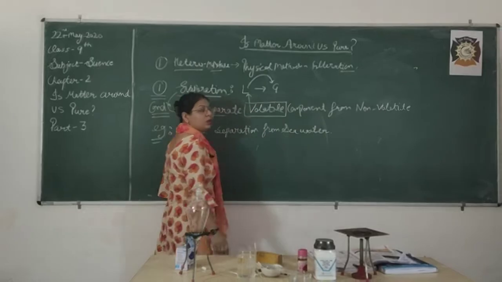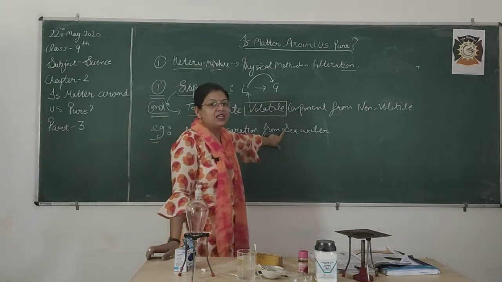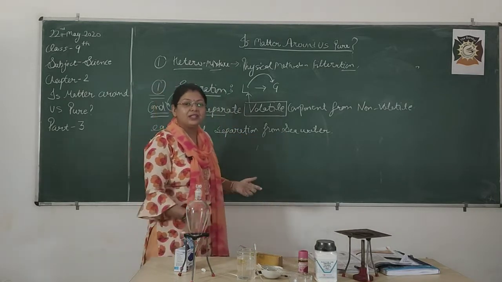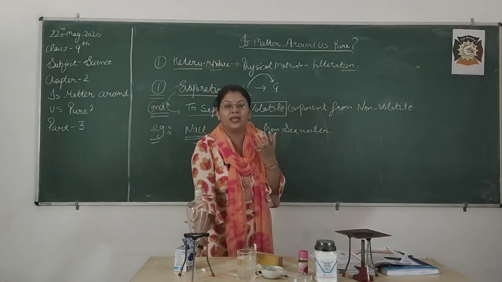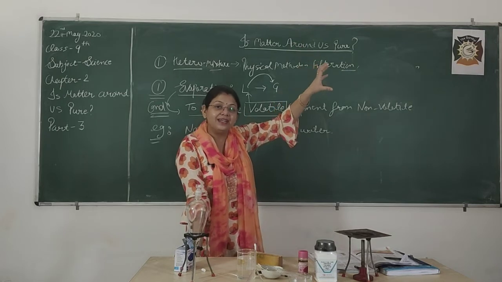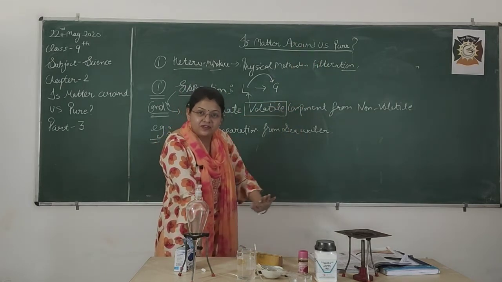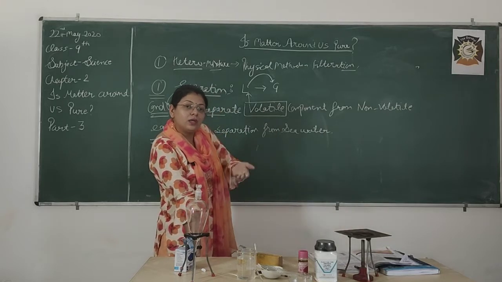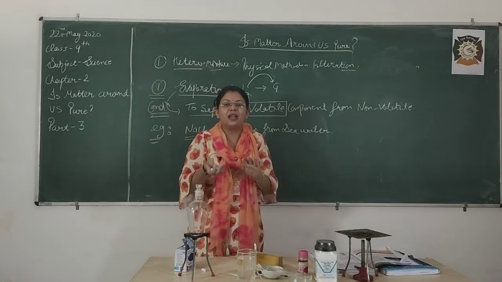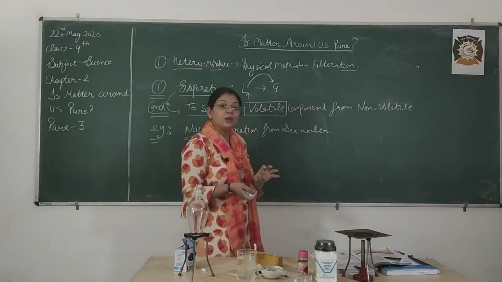As you all know, in seawater excess of salt is present, that's why the seawater is salty in taste. So just by simple evaporation, that means with the help of what? Heat. Where is heat going to come from? The main source of heat is the sun. So with the help of the sun, the water on the surface is going to what, beta? The water is going to evaporate and we are left with what? We are left with NaCl.